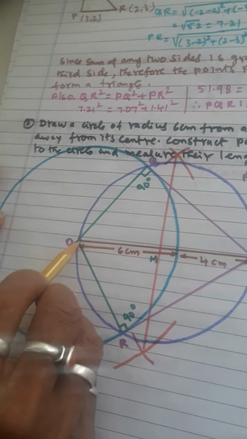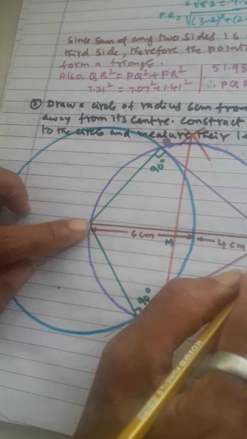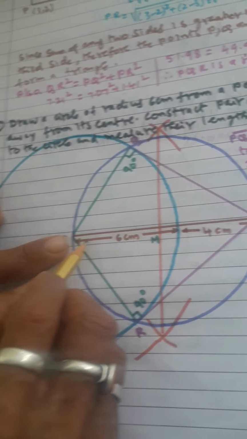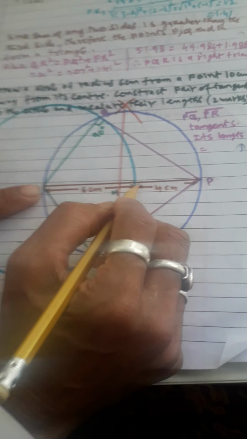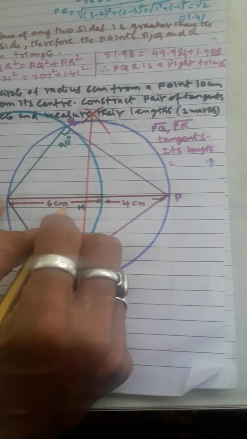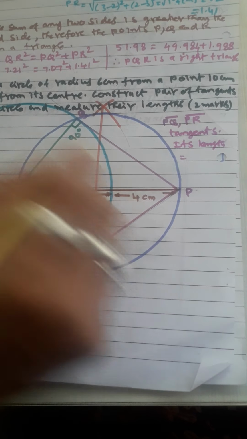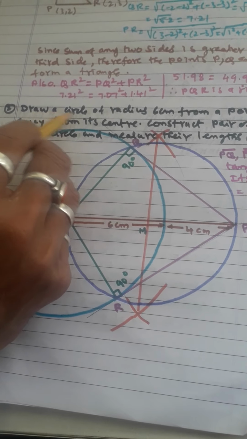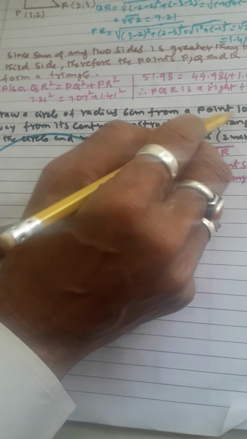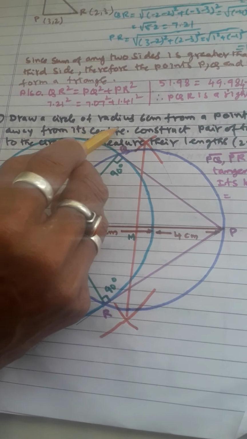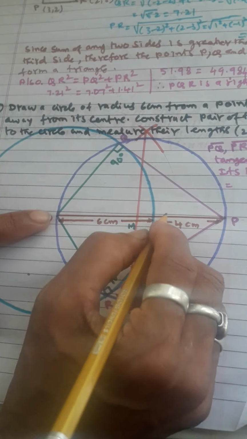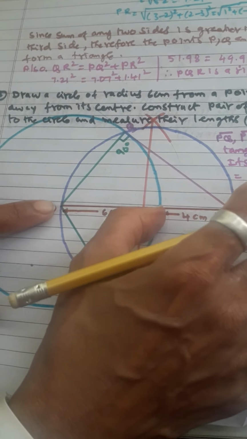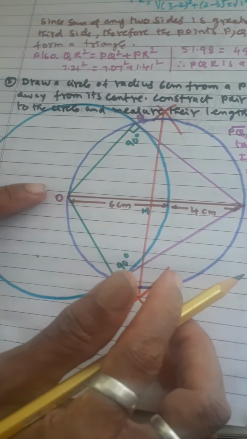Then from that center you are taking that external point 10 cm. Once you are taking 10 cm, already 6 cm is covered in the radius itself. So don't consider 10 here itself. So 6 plus 4, that gives 10. So read the question properly. Draw a circle of radius 6 cm from a point 10 cm away from center. Center to this distance 10 cm should be there. That is why 6 plus 4, 10. Here if you take 10, then the sum is totally wrong.